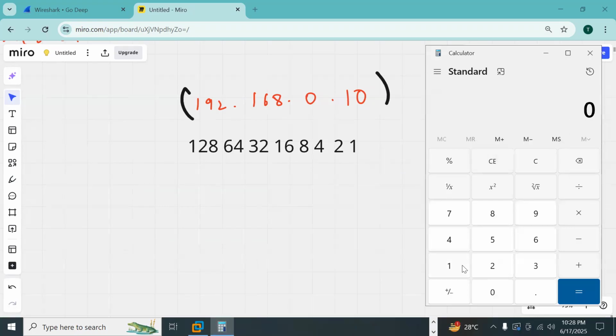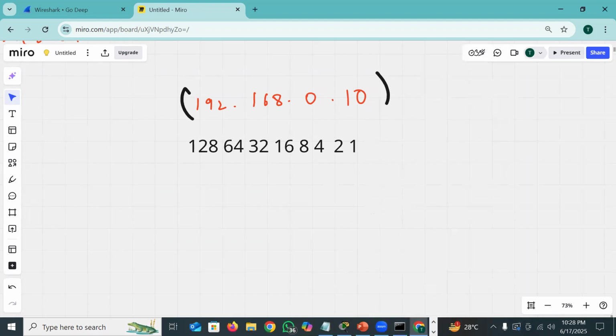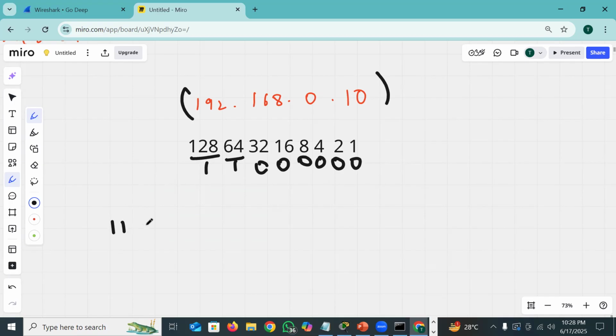In a similar way, 128 plus 64 is 192. So when we see these values, this is 1, this is 1, and the rest are all zeros. You got my point, guys, everybody? It means we have 8 bits. So 192 is always the binary value 1, 1, then 1, 2, 3, 4, 5, 6 zeros. So this is my 192.